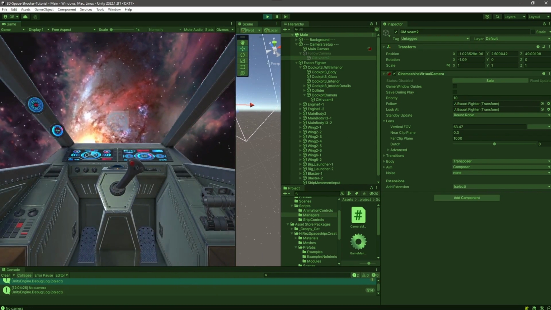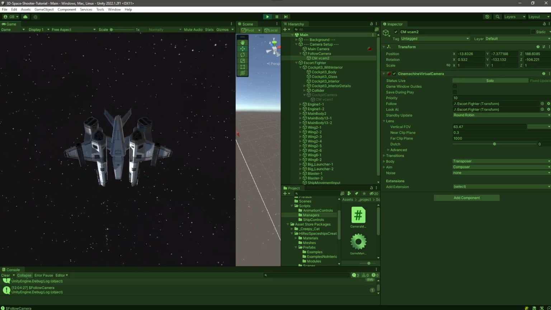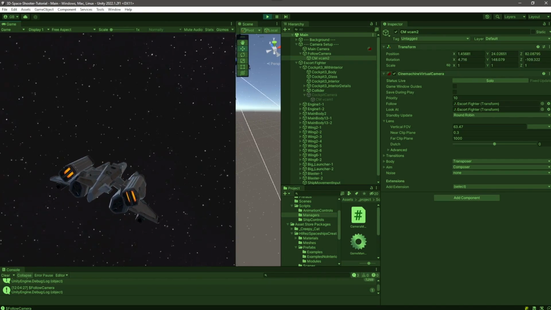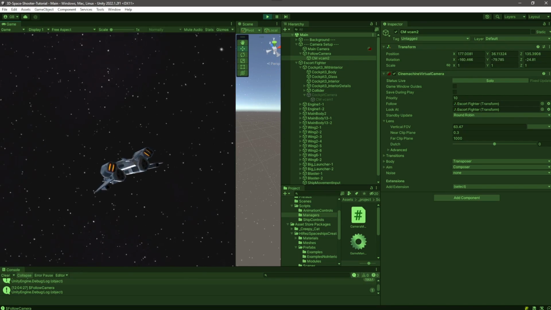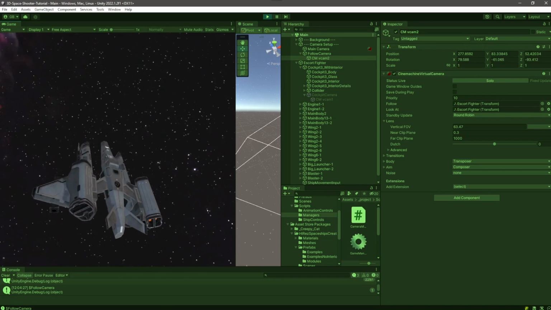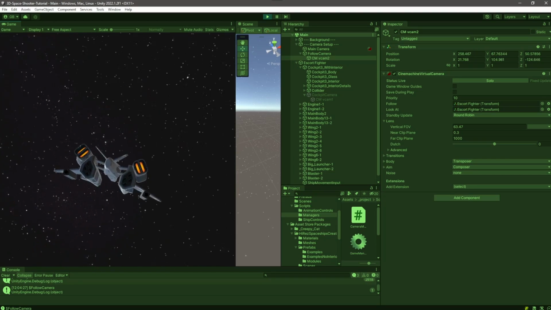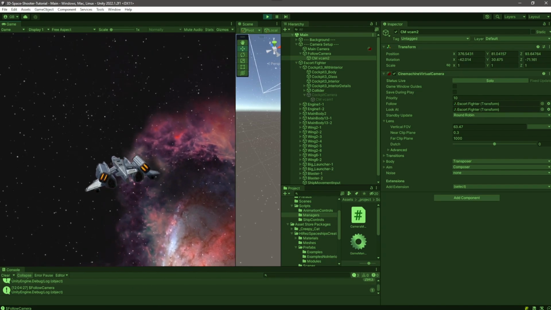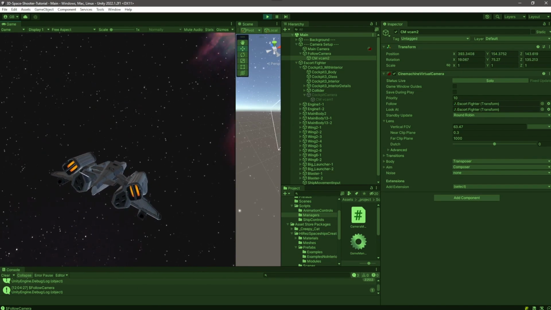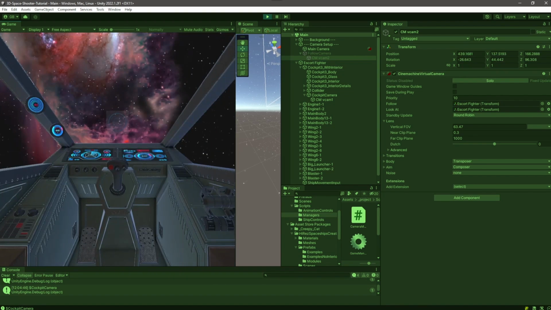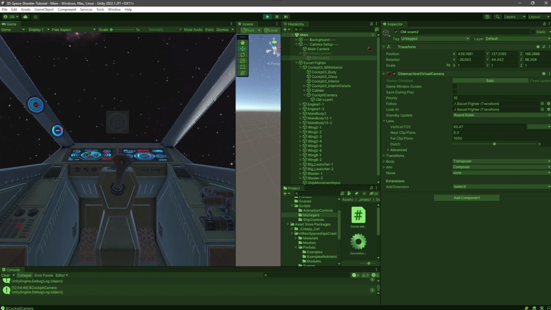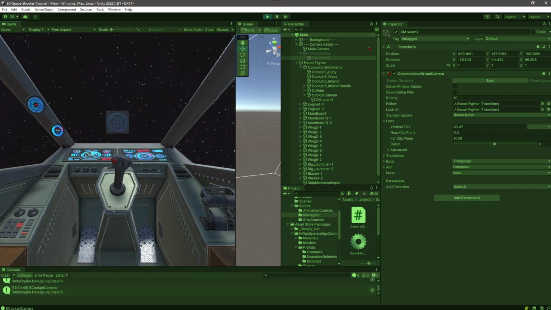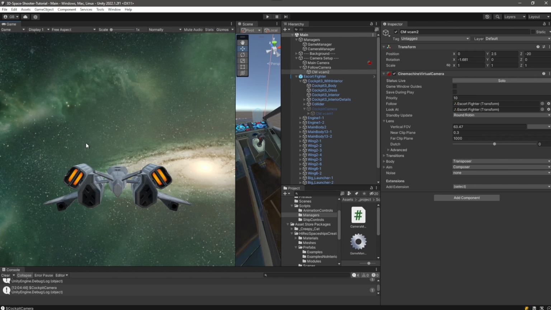Okay, so we're in the cockpit. I switch to follow. That looks better. Yeah, that's a pretty decent follow camera. Very cool. Switch back to the cockpit camera. I like it. Okay, so we've got our cockpit controls animated, and we have virtual cameras switching between the cockpit